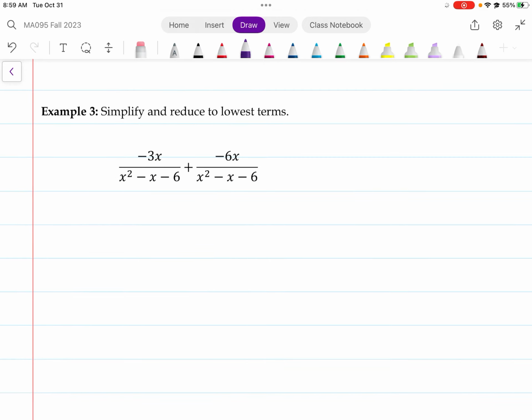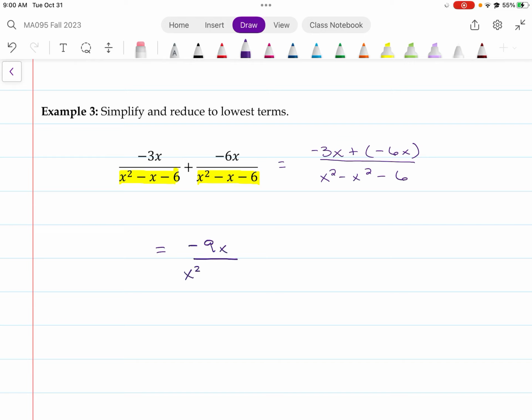All right, so on this one, we've got a little bit more work to do, but not a lot. So on the top, don't let the bottom throw you. They're both the same, so take a look at them. X squared minus x minus 6, x squared minus x minus 6. They're the same. So that means we get to just combine the top. So we've got negative 3x plus negative 6x. Don't forget to put some sort of parenthesis there, or put a minus instead of a plus negative, whatever you need to do to keep track of those so they don't get lost. All right, so now the top is going to be negative 3 plus negative 6 is negative 9x over x